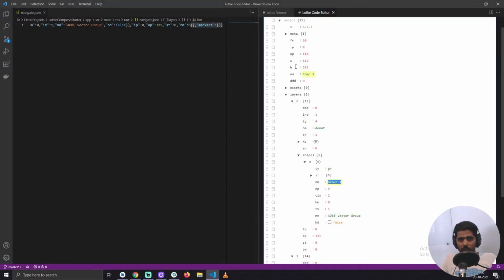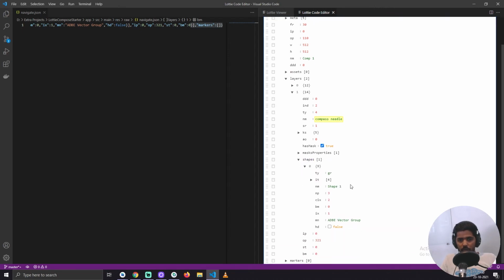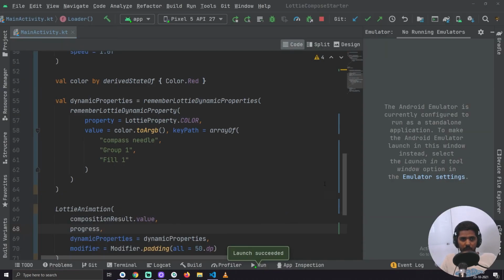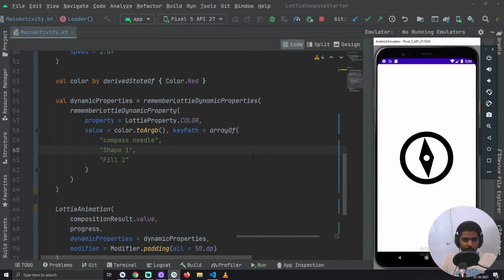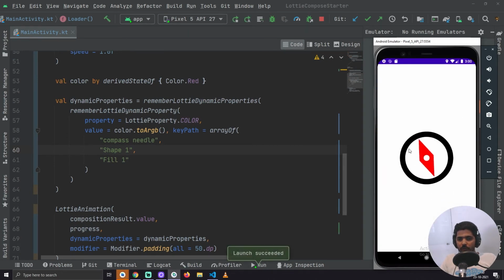I copied the shape value of the layer donut. I have to copy the shape value of compass needle. So let's open this and let's copy the value, which is shape1. As you can see, the color has changed.